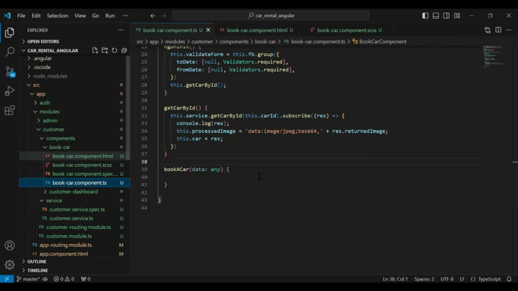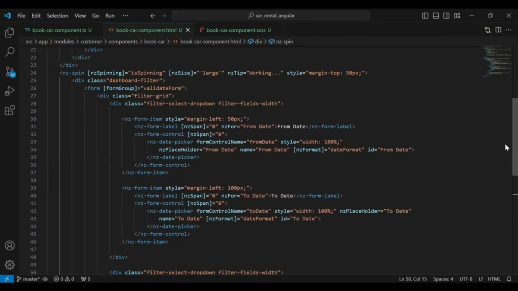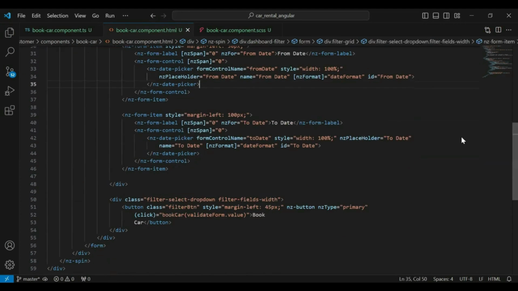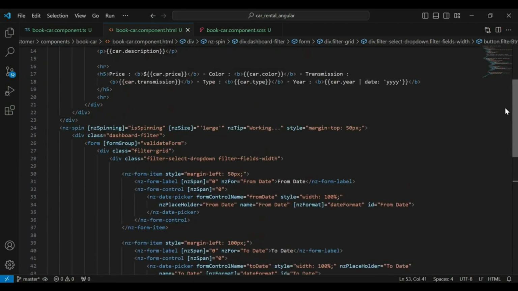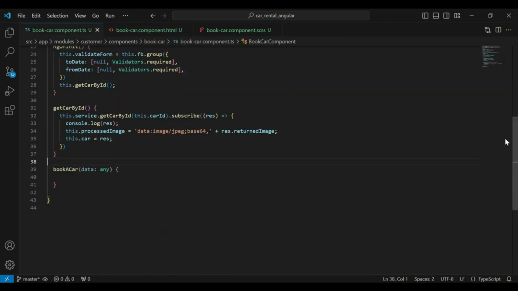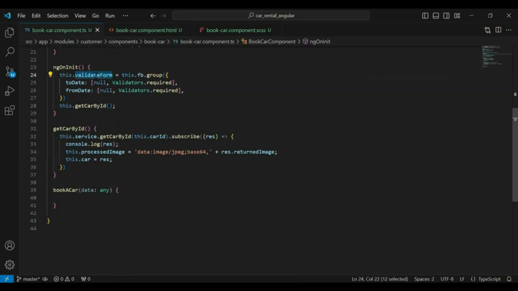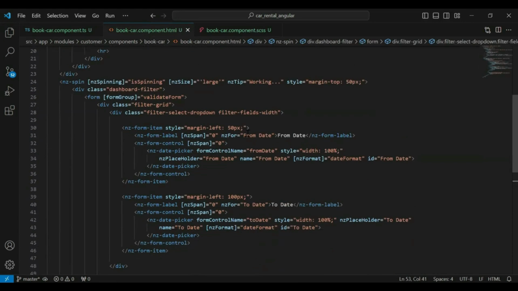So let's go to our HTML, and here I'm going to add the HTML code. You can see here I've added the code with the nz-spin tag, where we have a first input that is fromDate and a second input that is toDate, and you can see the button that is bookCar. So first of all, we need to bind our TS with the HTML. So let me copy this variable name, validateForm, and we need to add it here on the form tag with the formGroup property. Okay. After that, we need to bind our inputs with the TS.